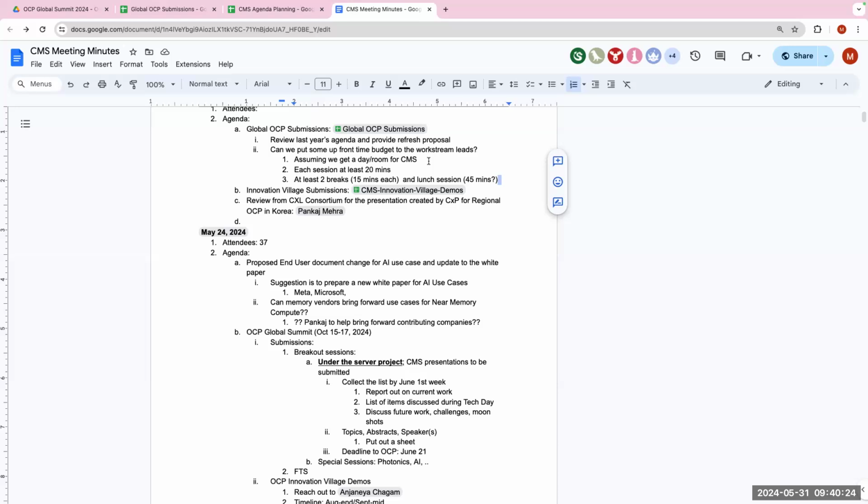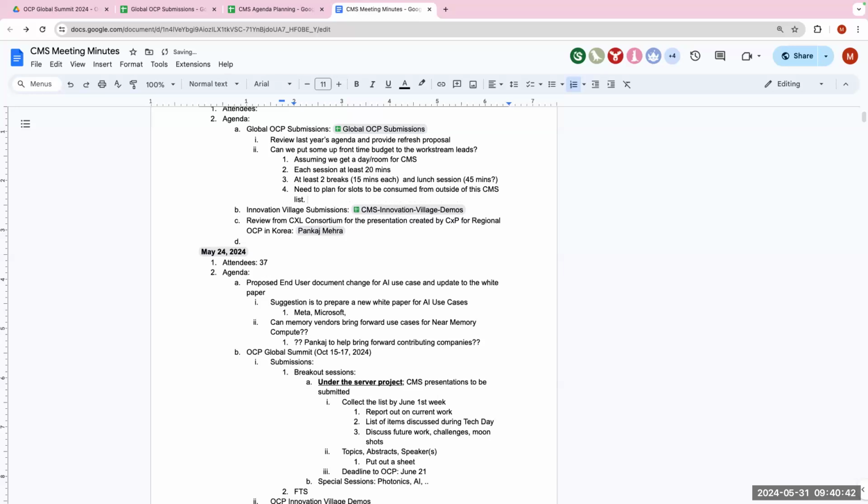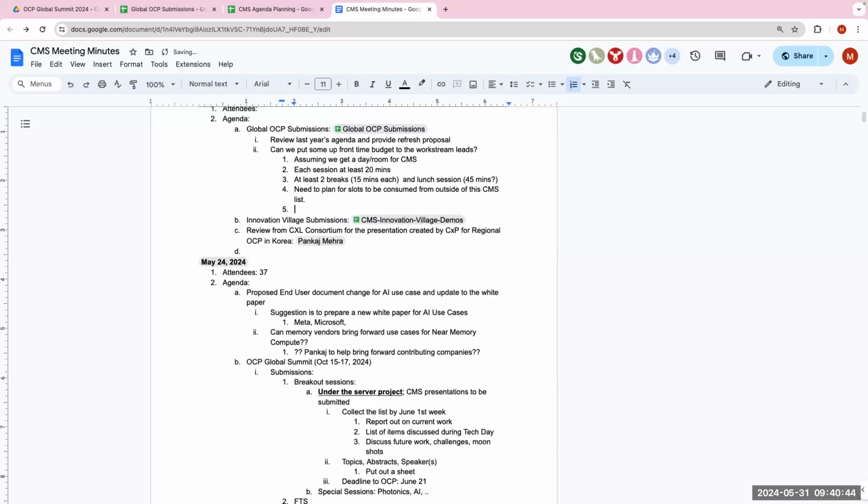So out of 19, we should assume we may end up giving away 4 to 5 slots. We may have only 14 or 15 slots. Each one of them ideally is either 15 minutes or 20 minutes as a starting point. At 15 minutes, they push back heavily. That's what we ended up doing last time.